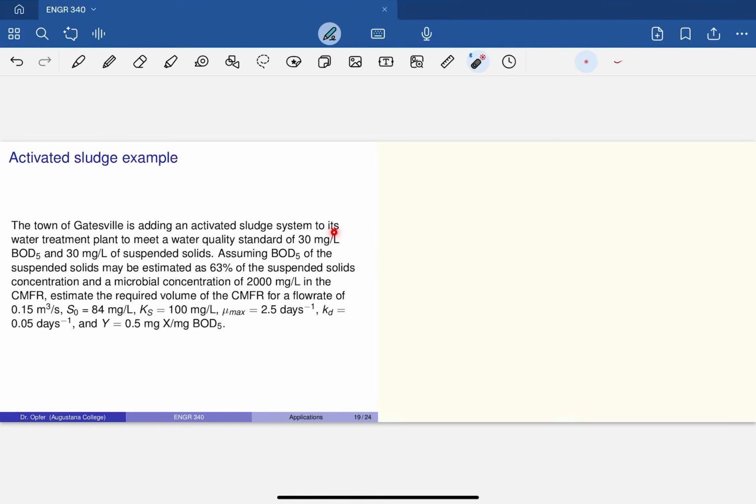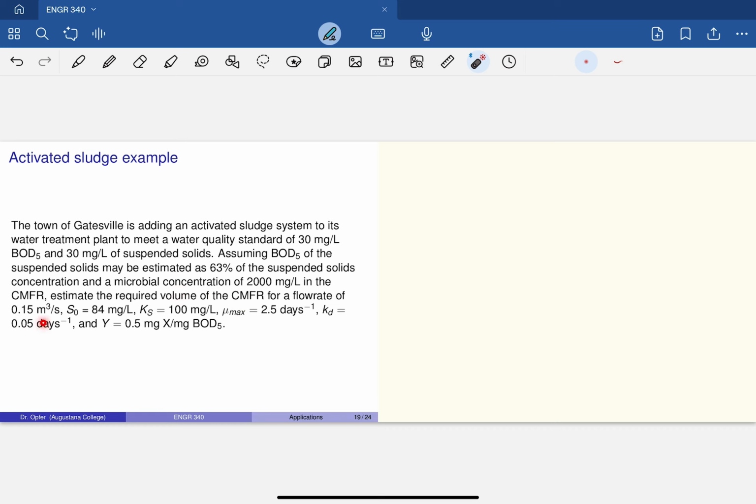The town of Gatesville is adding an activated sludge system to its water treatment plant to meet a water quality standard of 30 milligrams per liter of BOD5 and 30 milligrams per liter of suspended solids. Assuming the BOD5 of the suspended solids may be estimated as 63% of the suspended solids concentration and a microbial concentration of 2,000 milligrams per liter in the CMFR, estimate the required volume of the CMFR for a flow rate